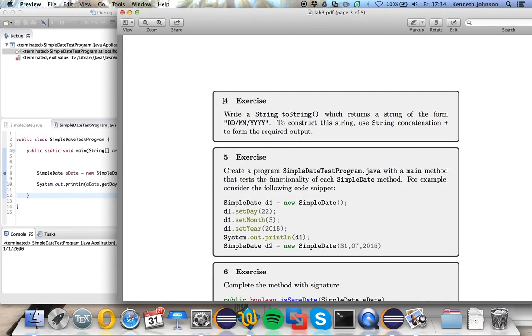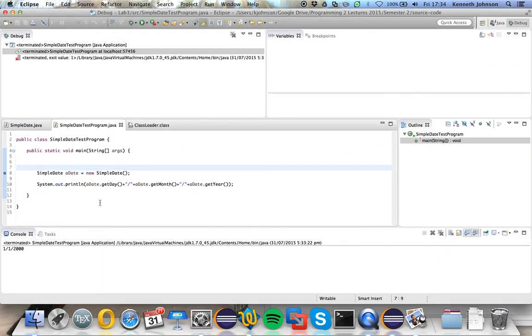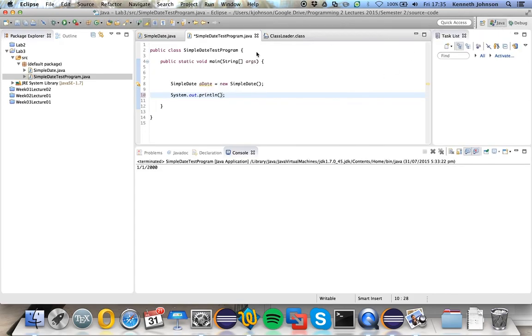The last exercise I'll do is exercise 4. Write a toString method which returns a string of the form date, month, year. To construct this string, use the string concatenation plus to form the required output. Well, actually this is quite easy because I've been doing this all along. So what I'm going to do is cut and paste this here and put it into my method,